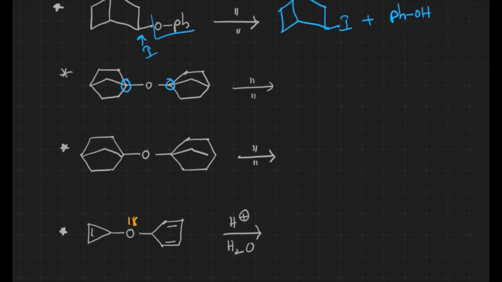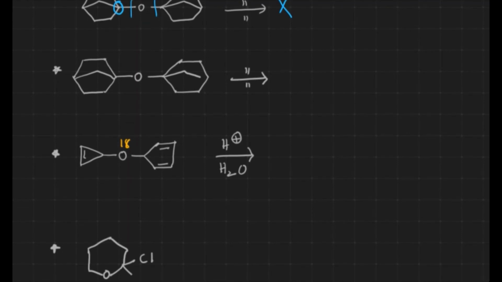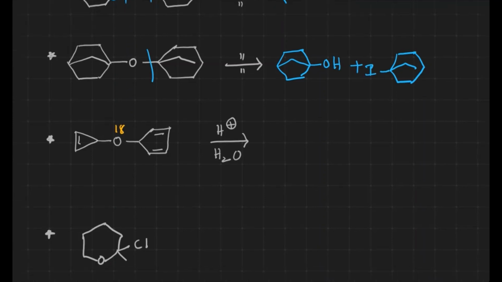Now here, this is a kind of bridged carbon, a bicyclic compound. At a bridged carbon, nowhere can we expect bond breaking. If bond breaking is not there, we can't expect nucleophilic substitution reactions over there. Similarly over here, we may get confused by seeing the structure, but this is not a bicyclic compound. This bond is not connected over there, because of which we can expect this bond breaking and formation of alcohol and iodine over there. This is the alcohol and the other part turns into iodine. Here also the same thing.